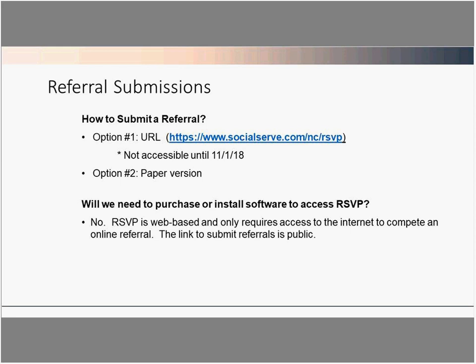So how do you make a referral? There are two options. There will be a URL, and you can see the URL on the screen. Just remember that this is not accessible until 11/1/2018, the go-live date, so if you click on it, you won't be able to use it. There's also a paper version